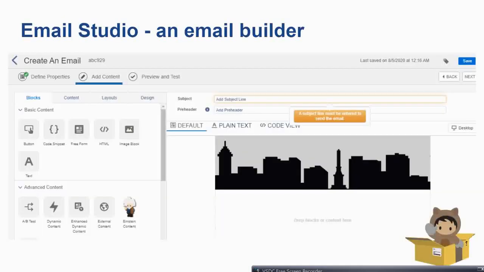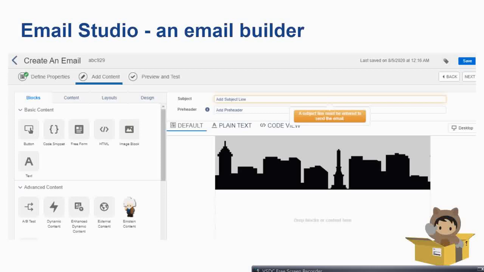So this is Email Studio. There is a lot inside Email Studio, but just to give you an overview in this video, Email Studio is a platform where you create your email, because email messages are the most common way through which you can reach the user and bring digital content in a very good way.